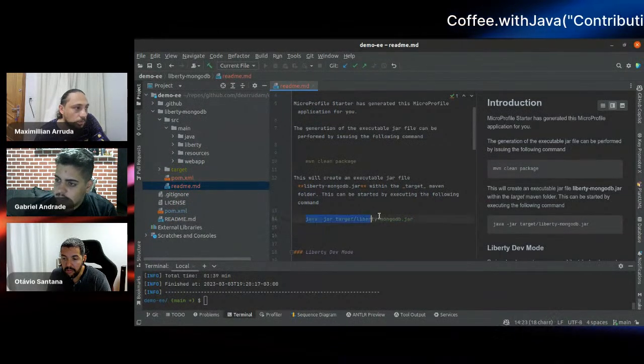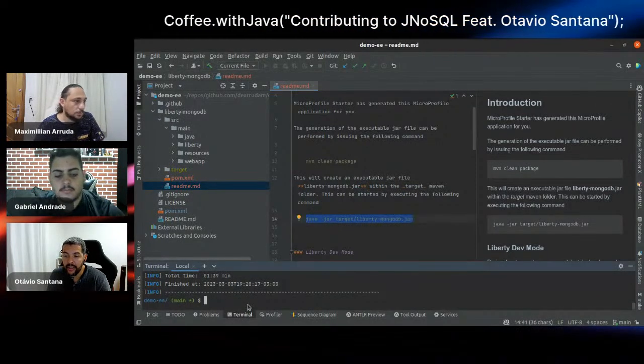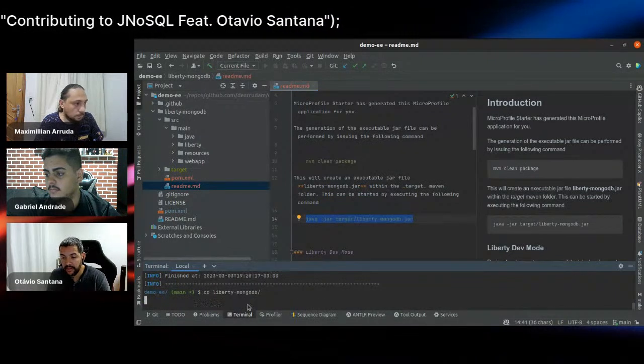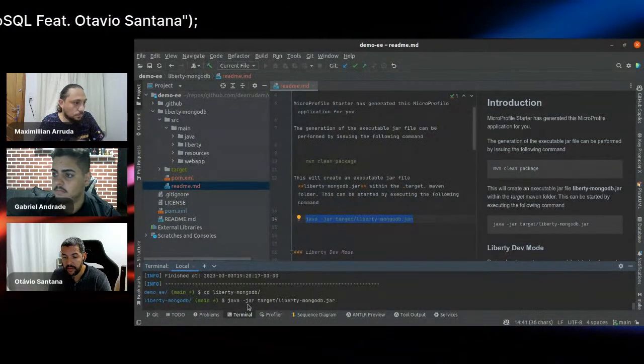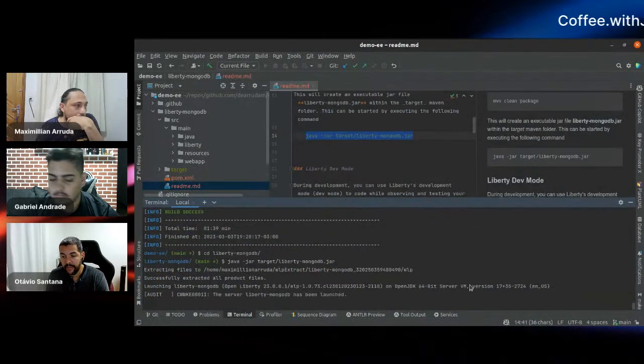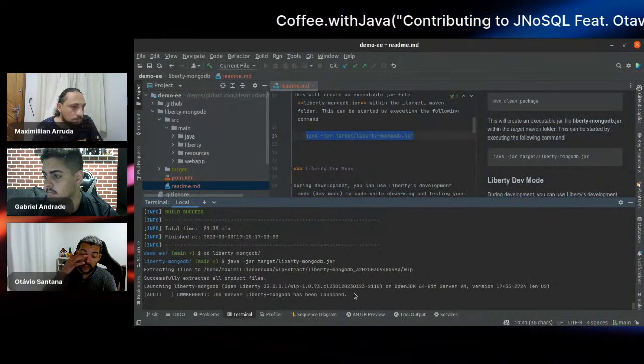You want to do this? Let me do this. Yes, it's a good start. So you can open the API based on this. Let's start. It will execute and run.